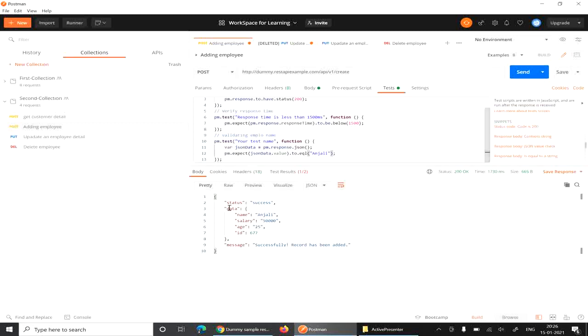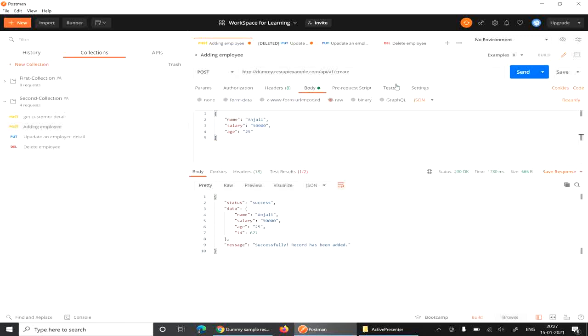The JSON data is in data, and the name is inside data, so we need to provide jsonData.data.name equal to. Whatever we provide in this field and the body field, we need to check for request and response.